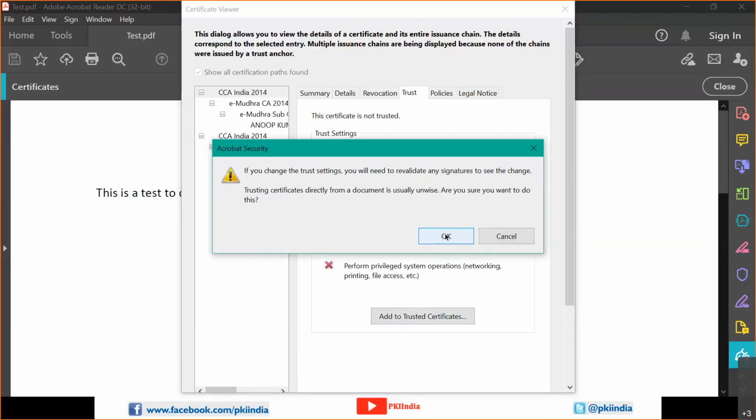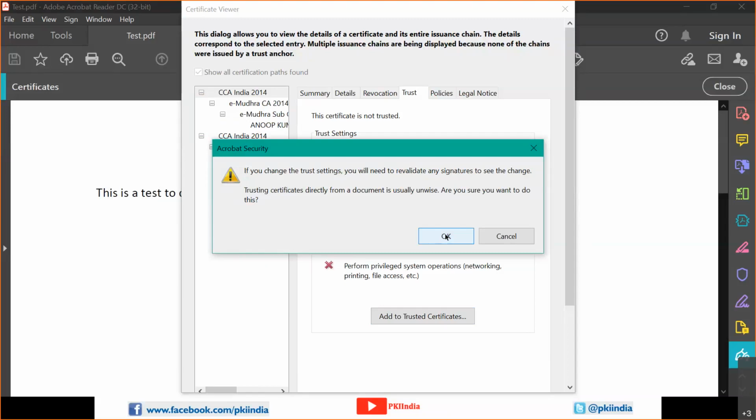Okay. What will happen? So add to trusted certificates. Let me click on that. Okay, then it's done. Automatically when we close it, this should happen actually.